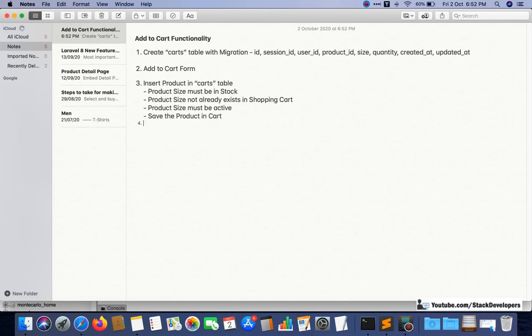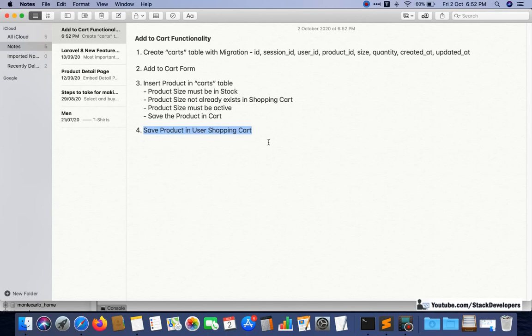One more thing, for saving there are two conditions. Save product in user cart, or we can say user shopping cart, and this is the fourth thing.